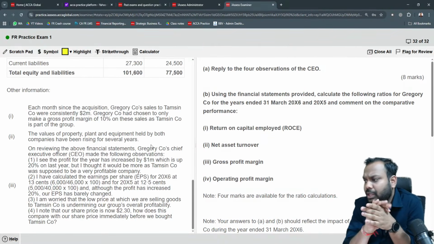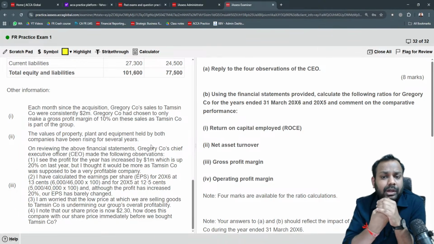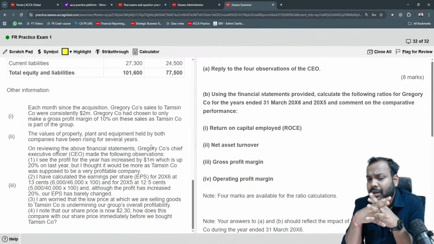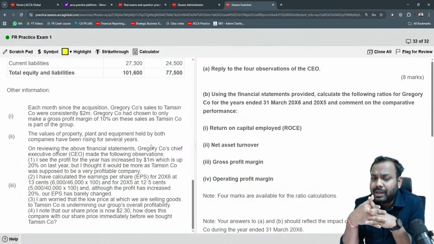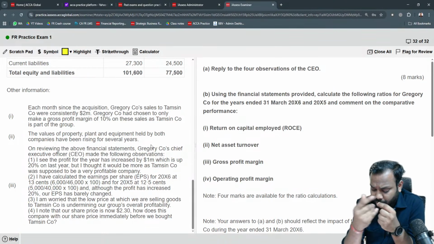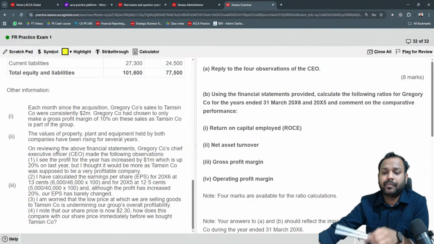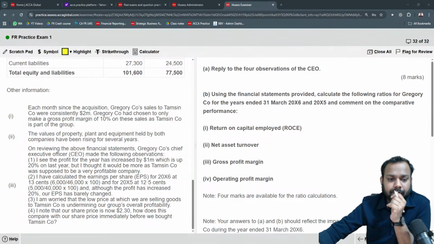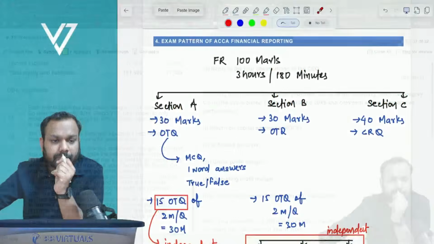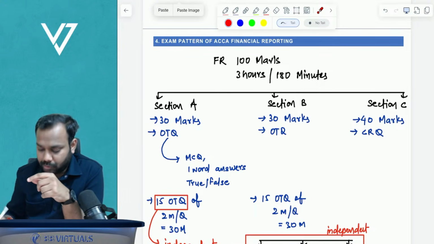So I believe you have fairly understood the FR paper pattern. Tell me guys, come on. Is that clear everyone? Come on guys, please tell me. Okay, now